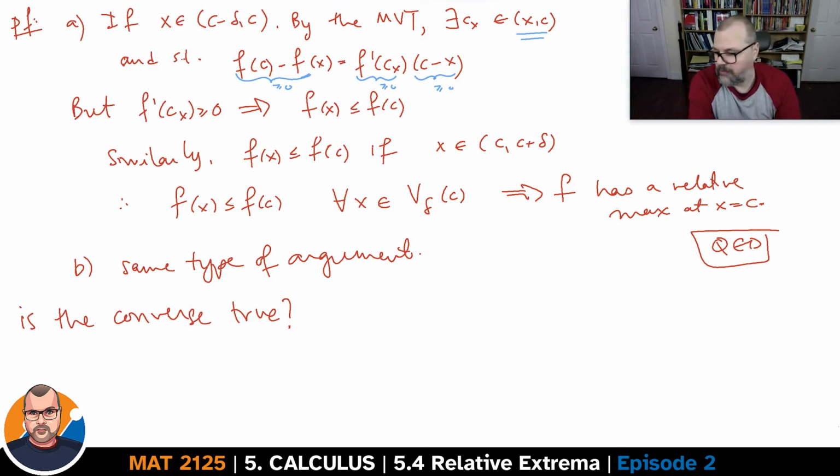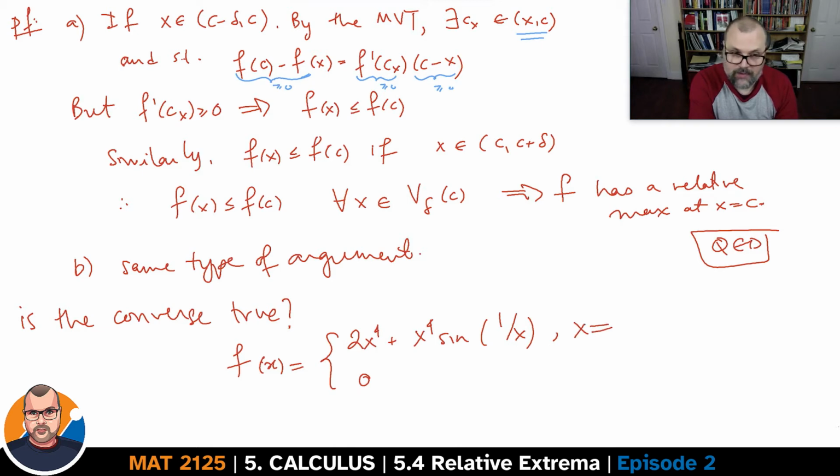Look at the following function. Here's a function whose rule is 2x^4 plus x^4 sine of 1 over x, for x not equal to 0, and 0 when x is equal to 0. I'm not going to try to draw this function. It's always problematic when we have the sine of something which sort of blows up to infinity here when x goes to 0. This function has an absolute minimum